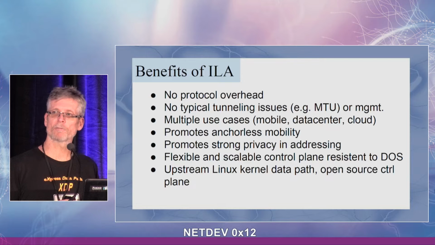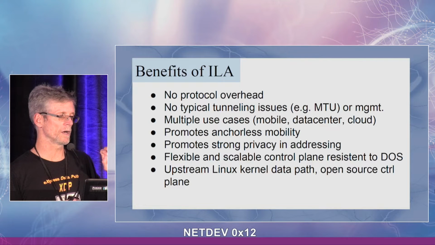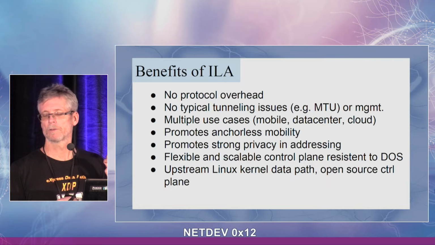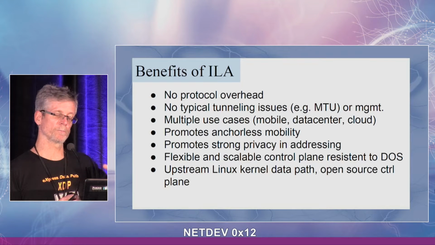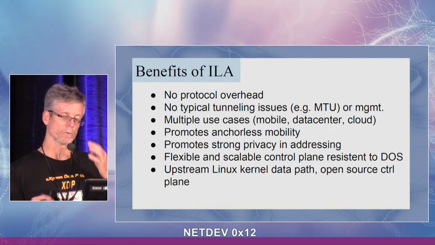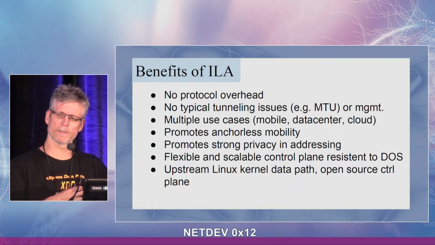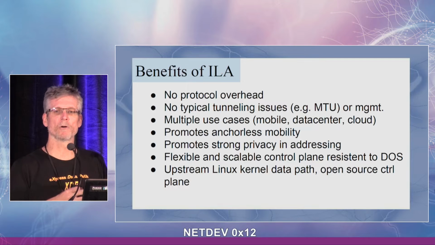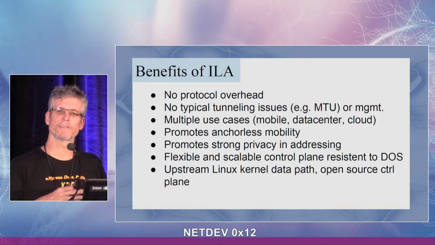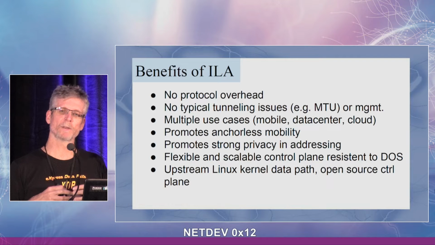We're also advocating strong privacy and addressing. This has a lot to do with the exposure of personally identifiable information in addresses. So you can imagine if I have a mobile network and my eNode Bs, which are basically the end devices at cell towers, those have a very specific location. And if my locator is exactly the address of one of these eNode B end systems, if somebody sees that,